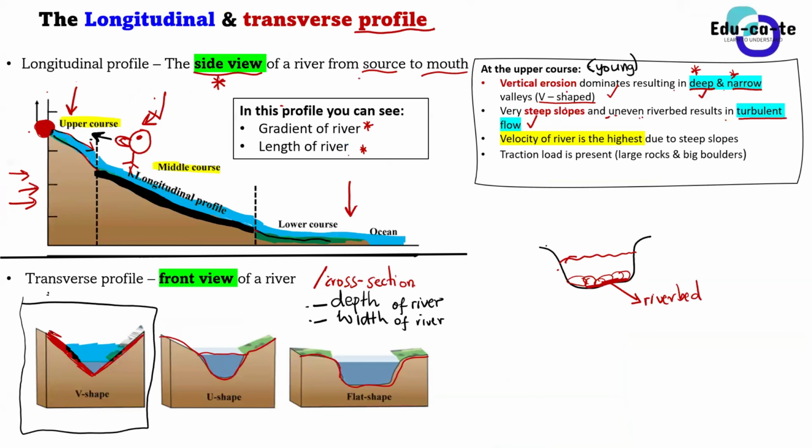So the riverbed is uneven. The riverbed has got obstructions. It has got rocks, stones, and everything. So if water flows over such an area, it will just splash and splash and have a lot of turbulence. Because basically turbulent flow simply means that water is flowing chaotically. And this is because of this uneven riverbed and because it is flowing very fast.